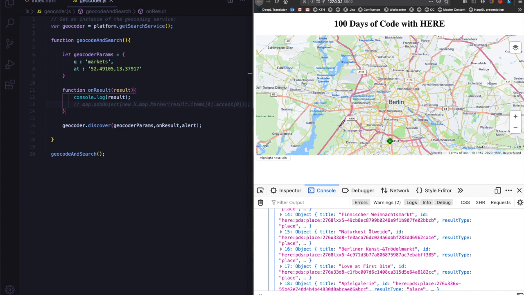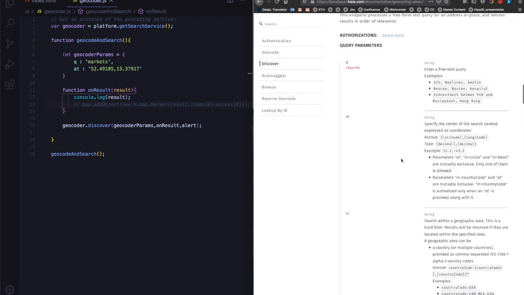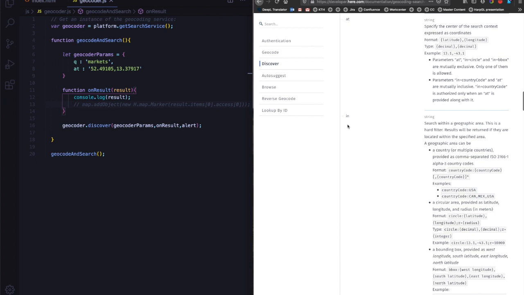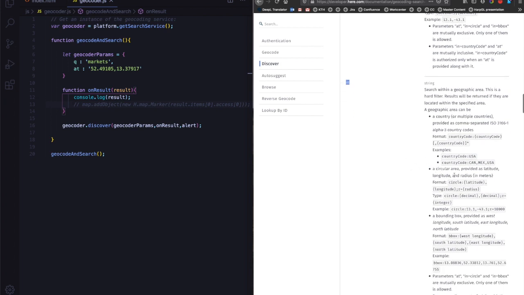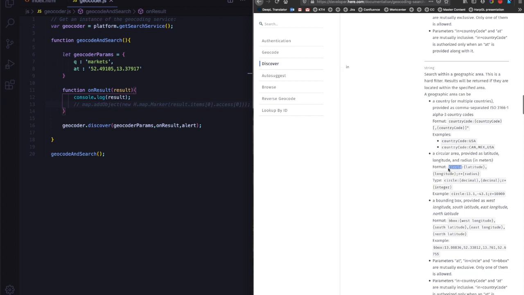So what we're going to do is specify that I want to discover these markets within a radius of 1 kilometer. Again, if you go to the API section, you'll see that with the at, you have an option to have an in parameter and then a circle with a latitude, longitude, and radius. So I'm going to convert this at into an in first, then specify that this is a circle